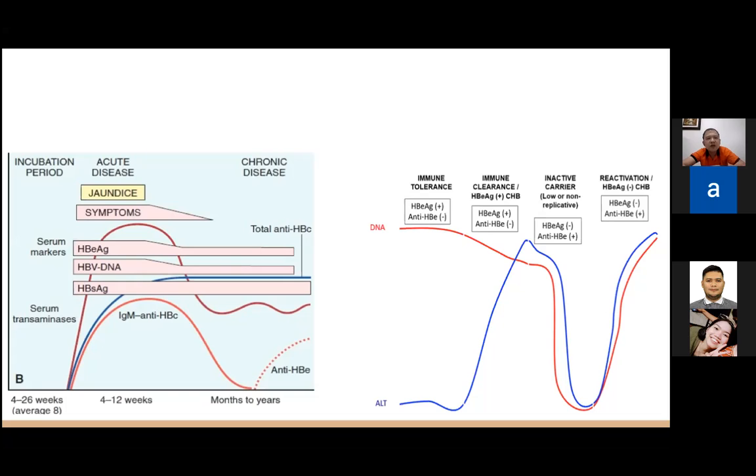Monitor still, Doc. Monitor still. He can still reactivate. Yes, especially when the patient has other vices, like alcohol, or other injuries to the liver, and when the patient already has a history of, more often than not, especially among Asians, a family history of hepatitis B, and also a family history of hepatocellular carcinoma.